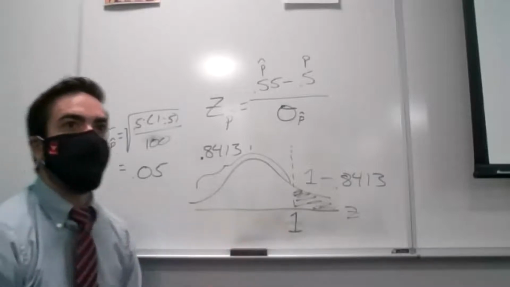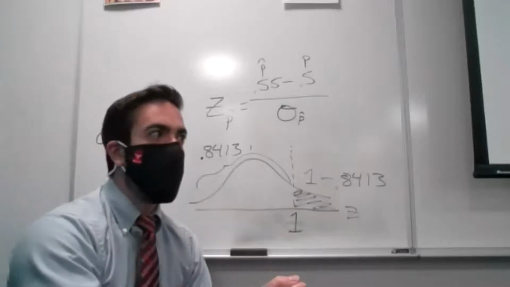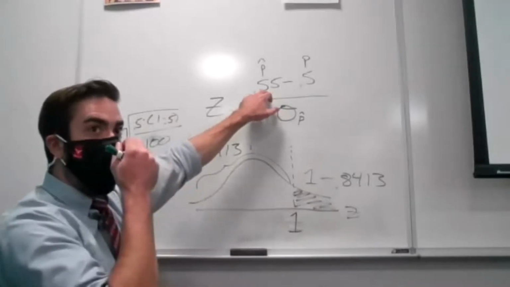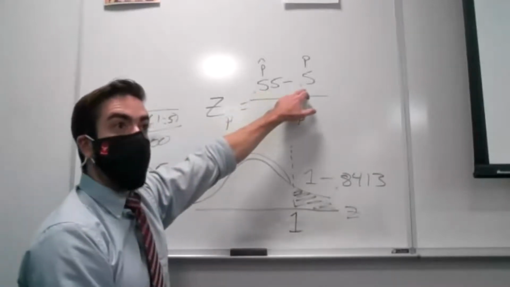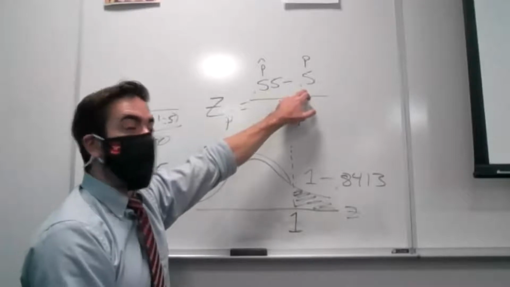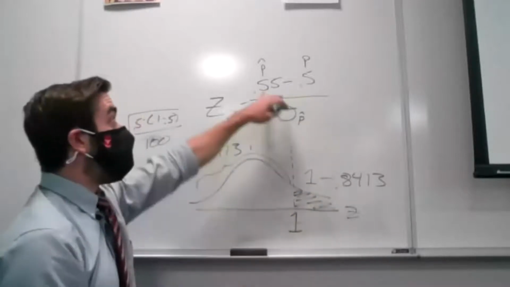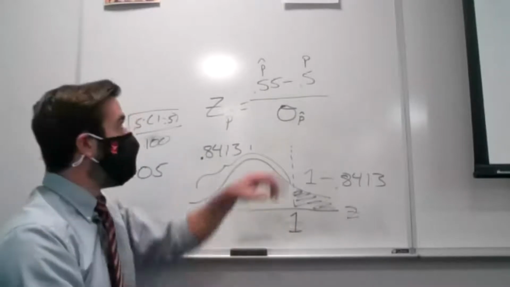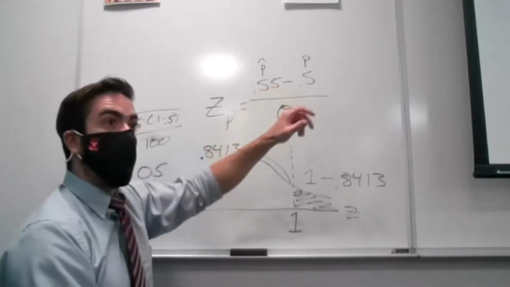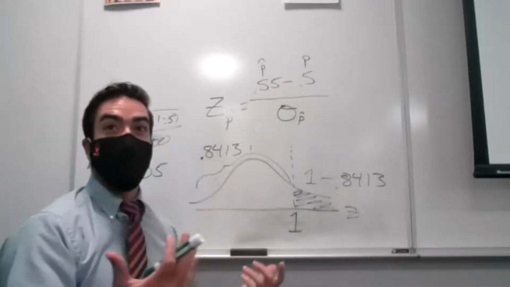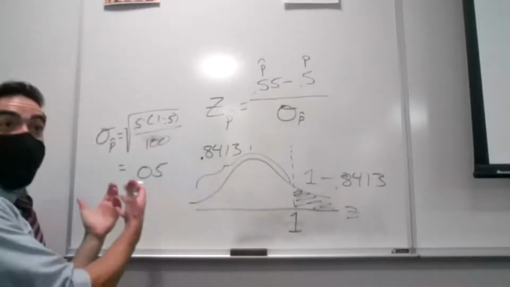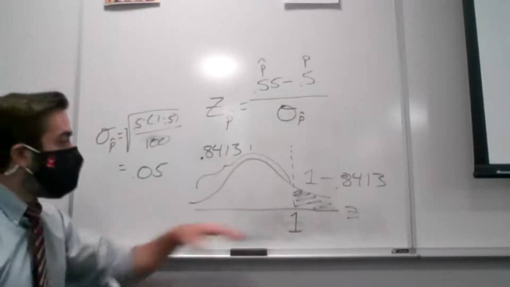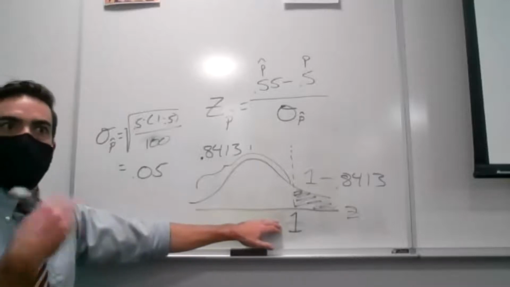What does a z-score represent? It's the number of standard deviations away I am from the mean. So remember, I was looking at that cutoff value of 0.55. It was 0.05 away from that population proportion, and the z-score was 1. So I knew that 0.55 was 1 standard deviation away from the true population proportion. Well, if it's 1 standard deviation away, and it's 0.05 away from that population proportion, then the standard deviation had to have been 0.05. Okay? Now, I would never expect you to work that way and back it out, but remembering what that z-score represents, I wanted to talk through that.